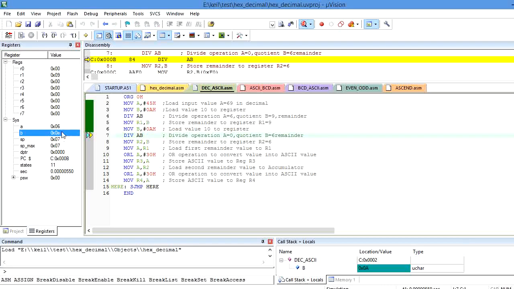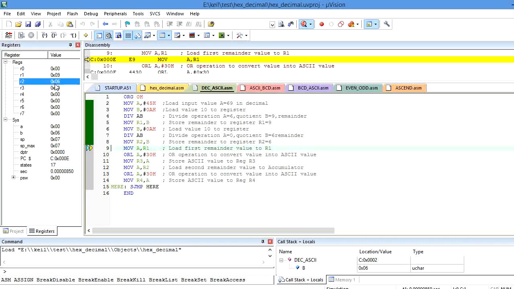Before execution of the divide instruction, A is 6 and B is A, that is 10 in decimal. After execution, the quotient in A is 0 and B contains the remainder, that is 6. I will copy it to the register R2 by using the instruction move R2, B.